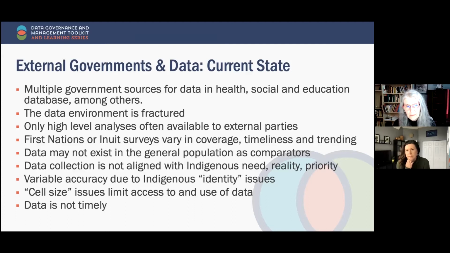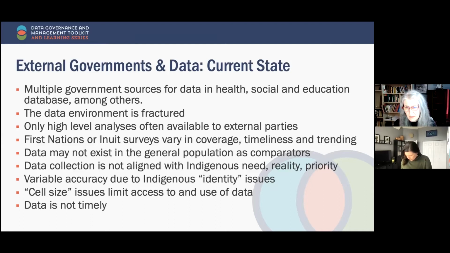In other instances, it may be that the government is using the Insured Services Plan. Here in BC, it's MSP, but it has different names, OHIP or whatever, where there's a mechanism of knowing all the people who are First Nations or Inuit in that particular database. So you have to kind of navigate through that as well to make sure you understand what is the Indigenous population that's being identified.